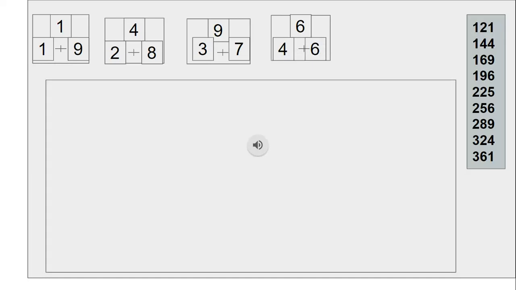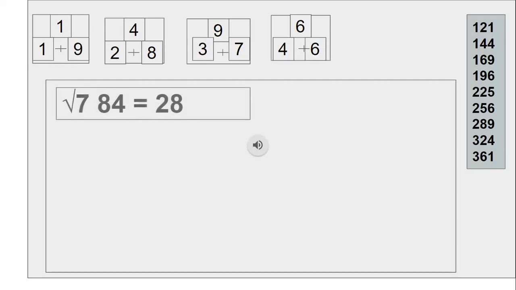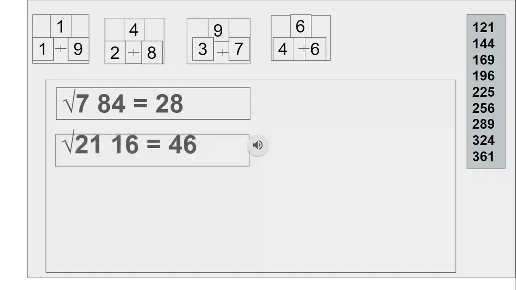So, it is the easy way to remember the unit digit of the numbers. Means only you have to know the one digit. Then the other digit automatically you will get it. Okay. Now let's see some more example. It's very fastly you have to do. Okay. So first number is 784. So here 4. So the numbers are 2 and 8. Keep it like that only. The next number is 7. 2 2s are 4. 2 3s are 6. 6 is smaller than 7, isn't it? Means inside the number that is greater. So we have to take the greater number. So 28 is the answer.